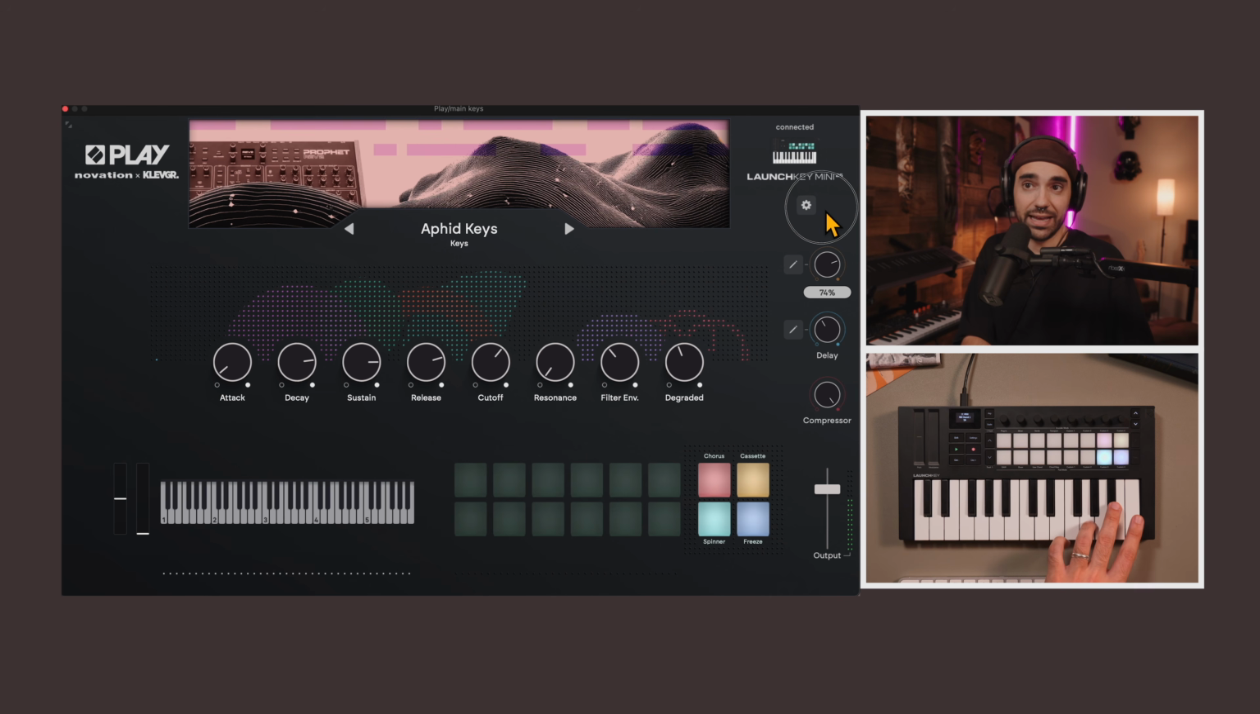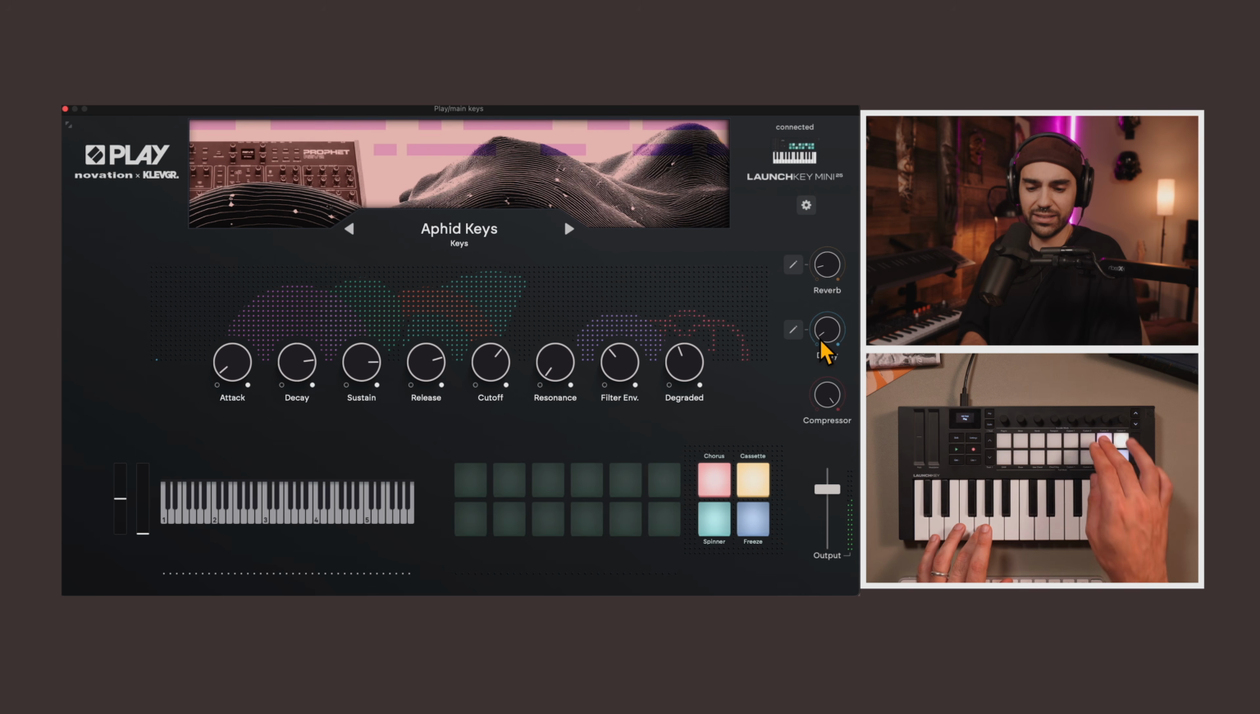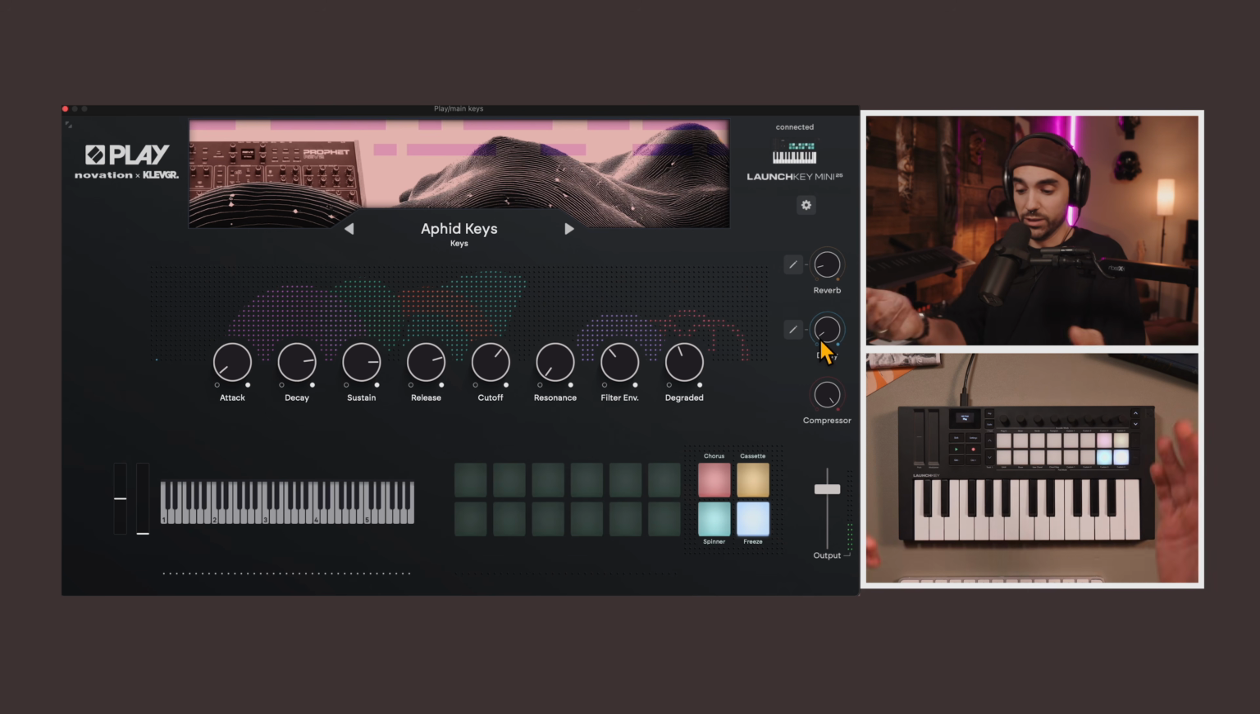Each sound has a dedicated global reverb, global delay, global compression, and these really cool punch-in effects which we can punch into on the pads. There's chorus, cassette, it's kind of like lo-fi, a spinner, which is almost like an auto pan, it bounces between our ears, and a freeze, which we engage